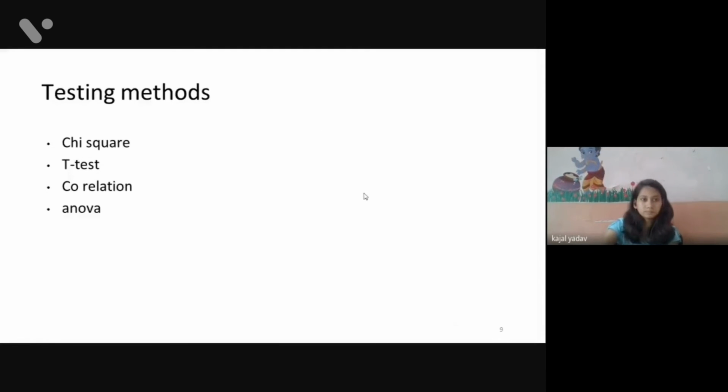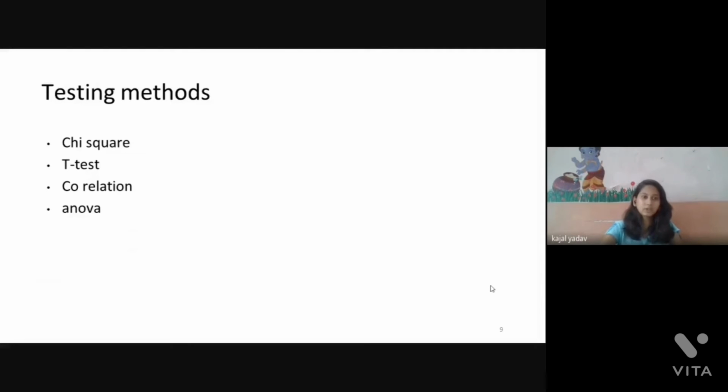So let us consider there are four testing methods, according to the variables that we are going to test. The chi-square test is for two categorical features, and the t-test has to be for a continuous variable.